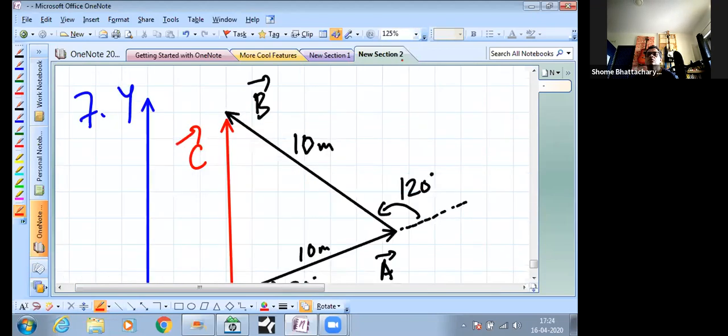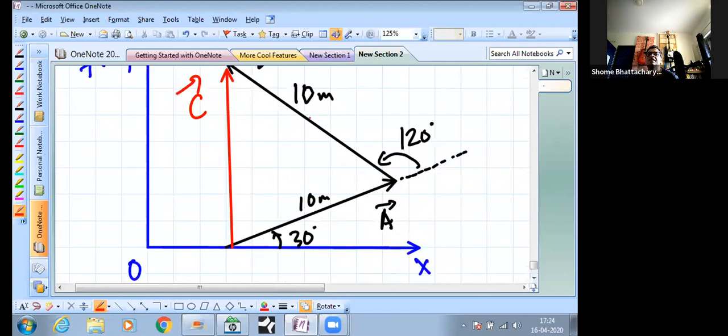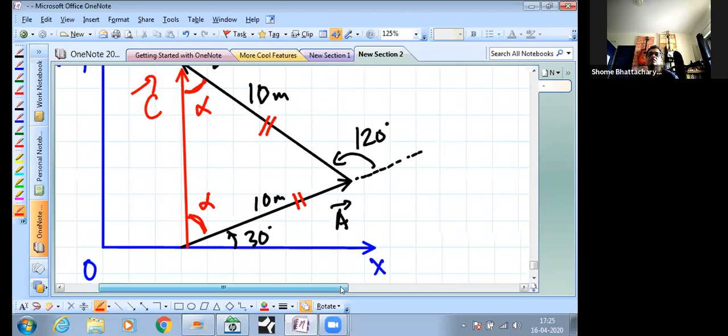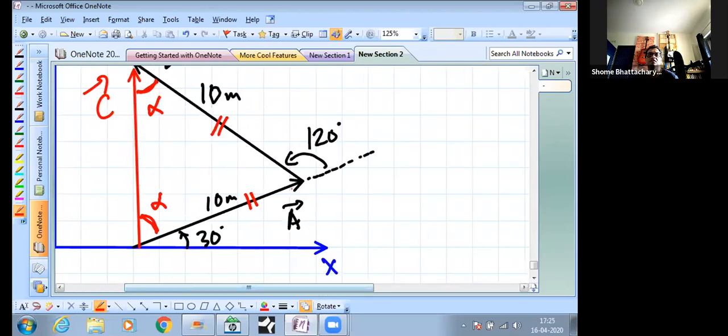Look at the properties of this triangle. Something very interesting here is that in this triangle, this side is equal to this side, correct? If this side is equal to this side, it means that this angle will be equal to this angle. That is a property of an isosceles triangle: when two sides are equal, then their opposite angles are also equal. And another property of the triangle is that the sum of these two angles is equal to what? The exterior angle. So what are these angles equal to? They are each equal to 60 degrees, which means that the third angle will also become 60, which means that it will become an equilateral triangle.